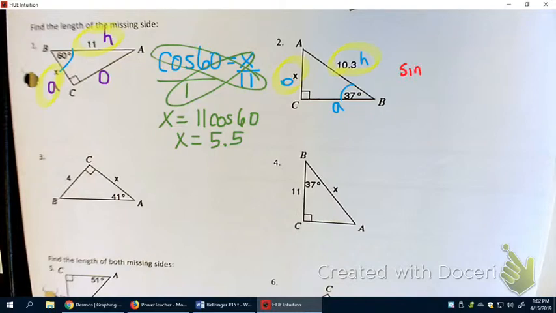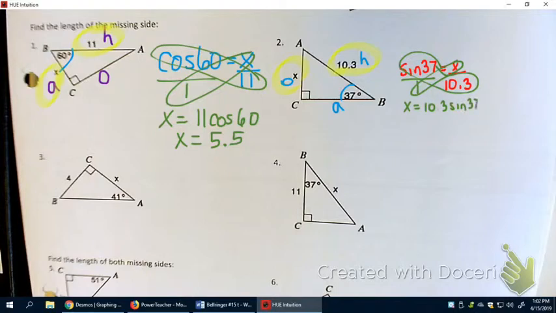The angle always goes beside of it. So what's the angle? And then equals O over H. X over 10.3. Okay, put it over 1. Cross multiply. 1 times x is x. This times this. How do I write that? 10.3